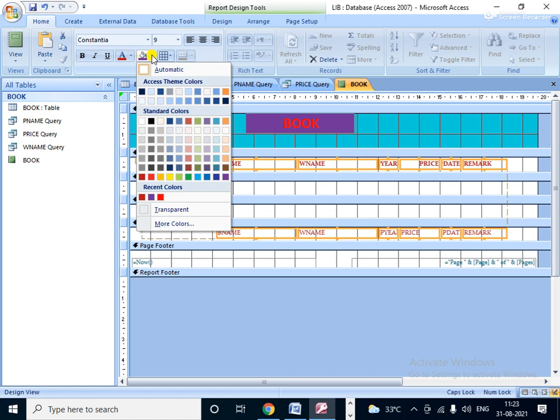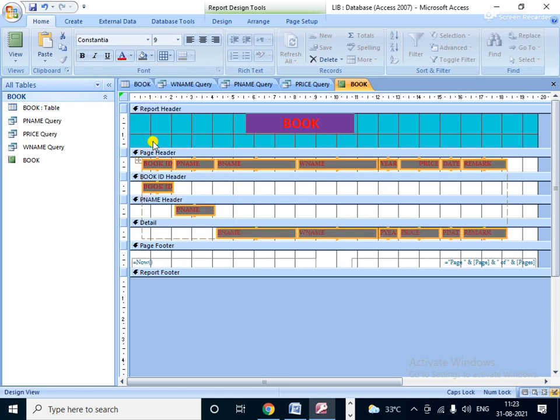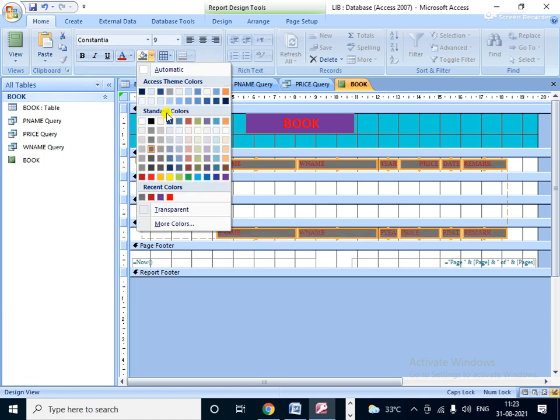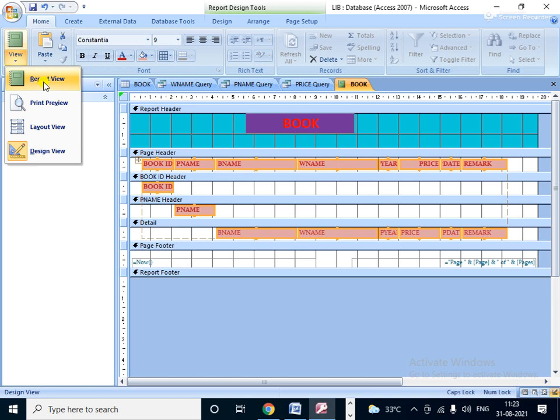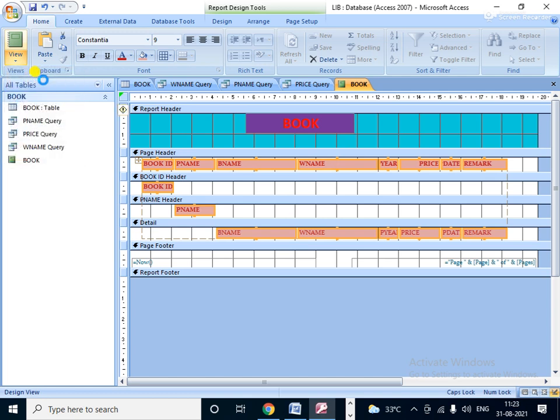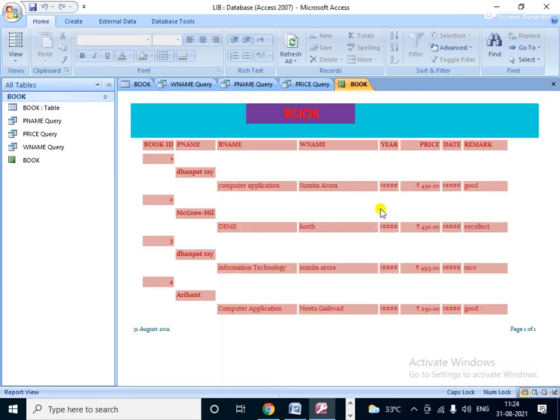Then see, this is the background color. If you want to change the background color, you can change it also. See, I changed the background color and text color. Change it if you need. Then after this, click the view option. Then the report view is here. Just click the report view, and you decorate it as you like.